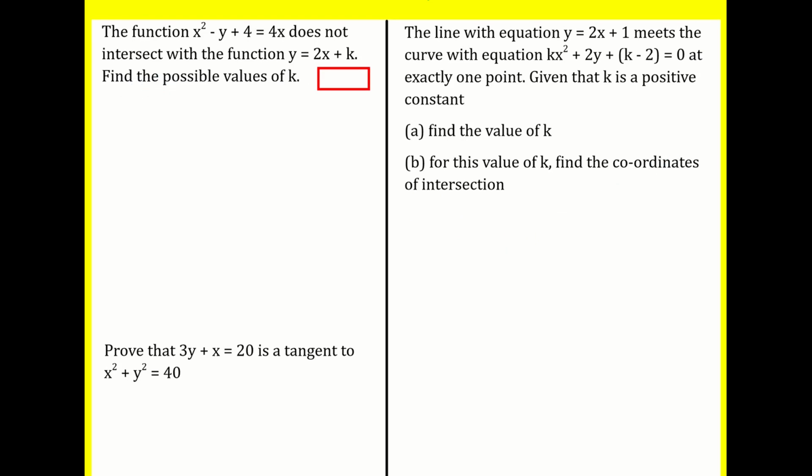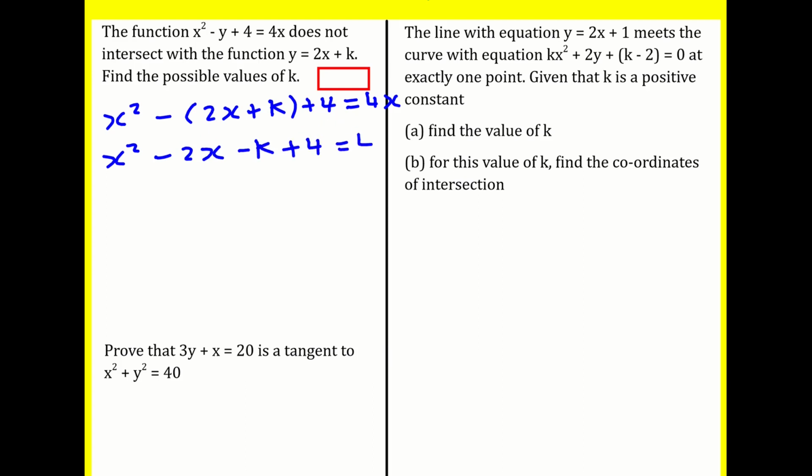Right, here goes. So I'm going to substitute in for y. It's going to be x squared minus 2x plus k plus 4 equals 4x. Expand the bracket, x squared minus 2x minus k plus 4 equals 4x. x squared minus 6x. I'm going to write it as plus 4 minus k